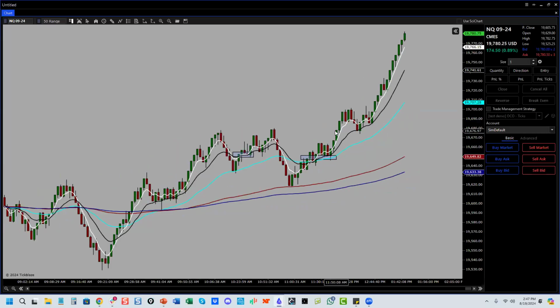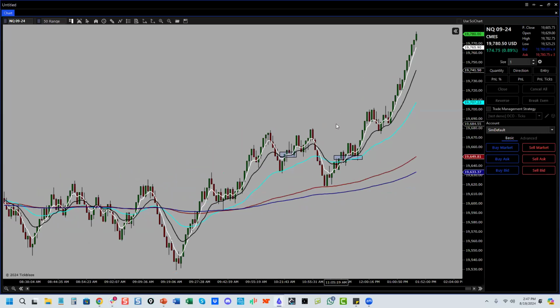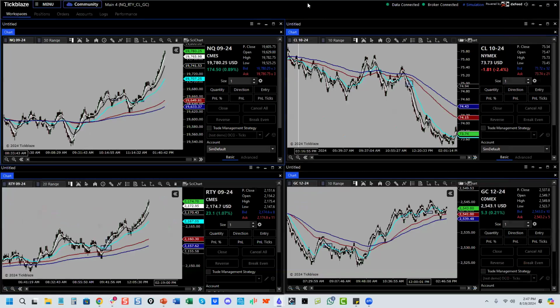I personally love the trend trades myself because they're easier to trade. You get a few signals every day on 4 markets, and you just catch the big moves. So I'm excited. And this is the same layout that Jim's built on the other platforms, and it's really easy to do.